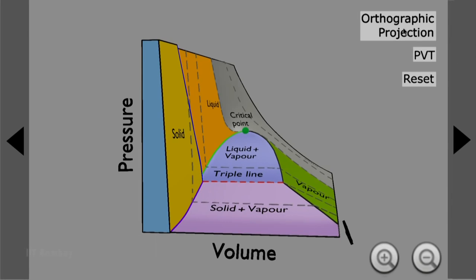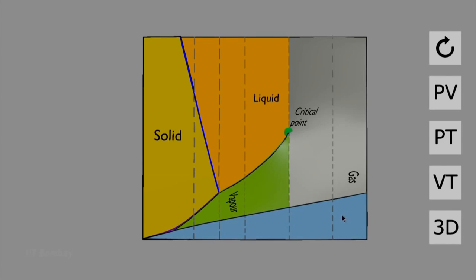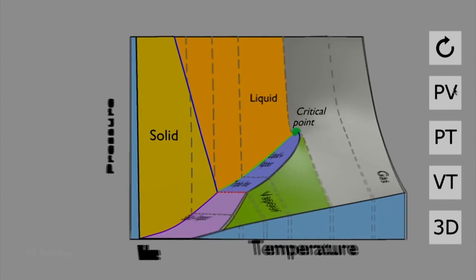Now, let us go to the orthographic projection of this figure. What you see here is a PT diagram now. You can see the existence of solid, liquid and vapor coexisting together. Alright, this is the PT diagram. We can see that solid, liquid and vapor are coexisting and this is a triple point. Similarly, if I show you the PV diagram,